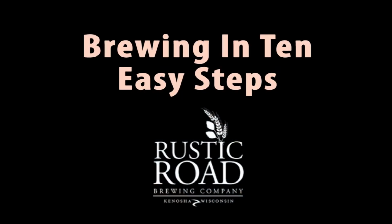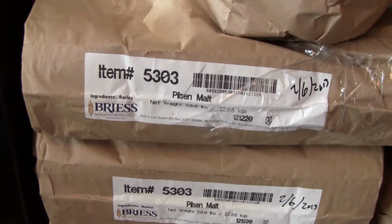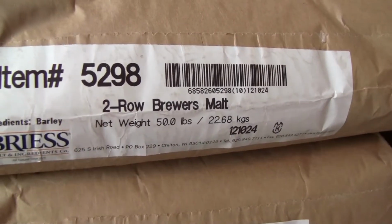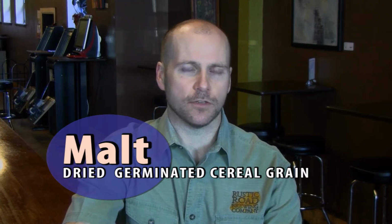We think about brewing in 10 easy steps. The first step is malting. Malting is not something that we actually do here. The larger breweries will malt their own grains, but most microbreweries will just buy previously malted barley from maltsters. Malting involves partially germinating the harvested barley and stopping that germination with heat and drying right before these barley hulls will sprout. And that creates a nice starchy source of